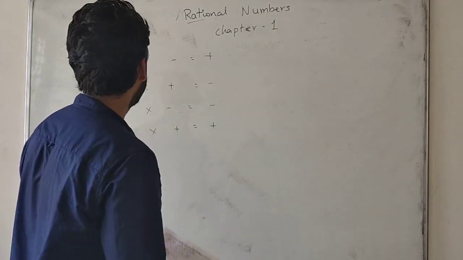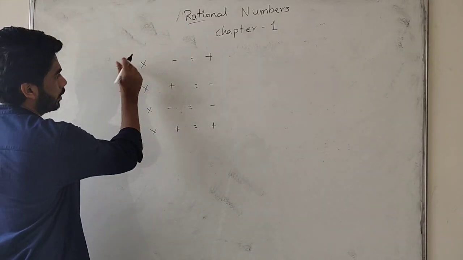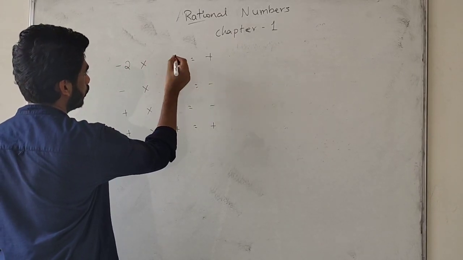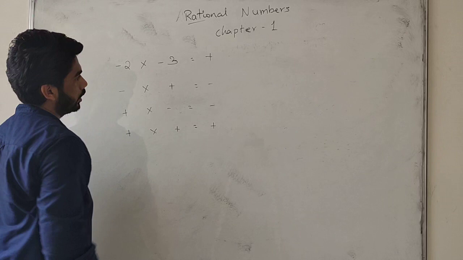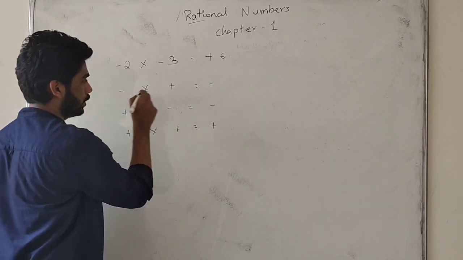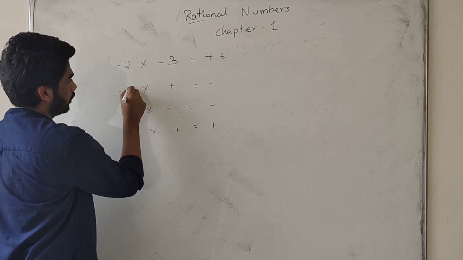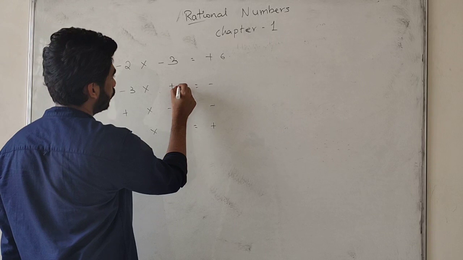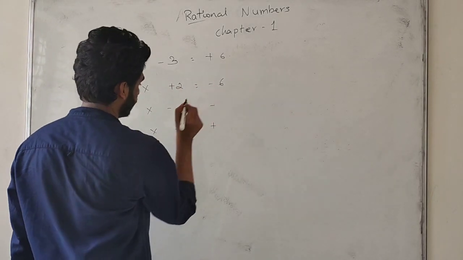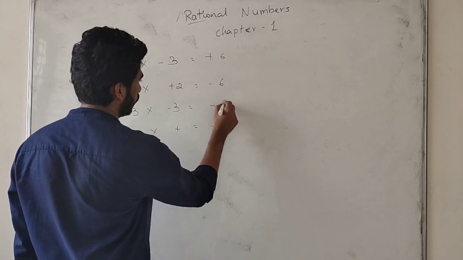Friends, how is minus into minus plus? I will explain. We will take one number, exactly minus 2 into minus 3. Minus into minus is plus, 2 threes are 6. This is the value the teacher usually says. So we will take 3 into 2 as 6. And 3 into 3 is 9.